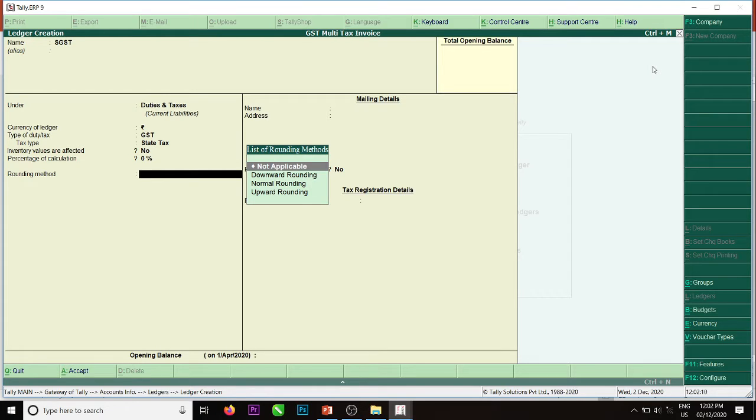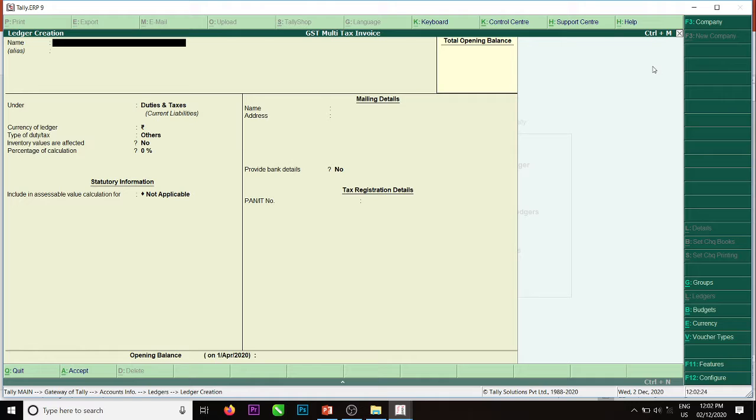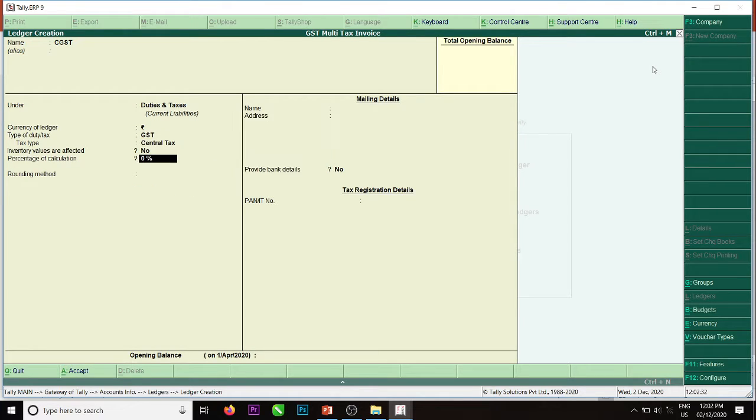Percentage we are not giving here. Whenever we create the stock item, there we will mention the rate of the stock item. Right. Next, CGST, same procedure. Duties and taxes, GST, central tax, percentage leave it, rounding normal, that is your wish.